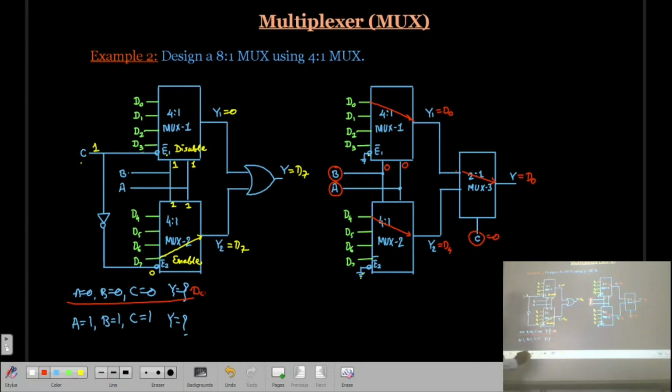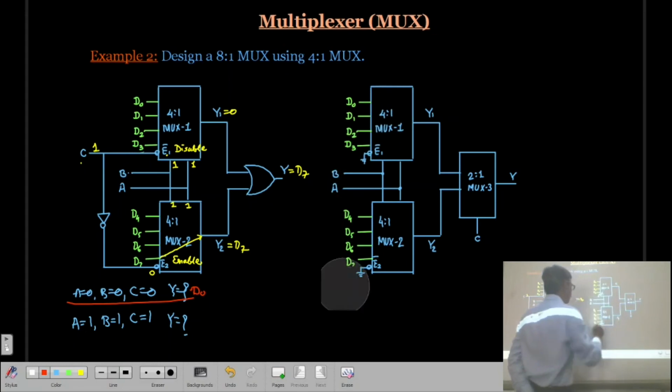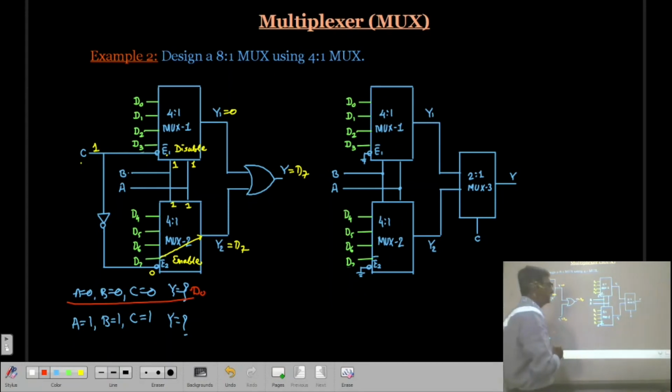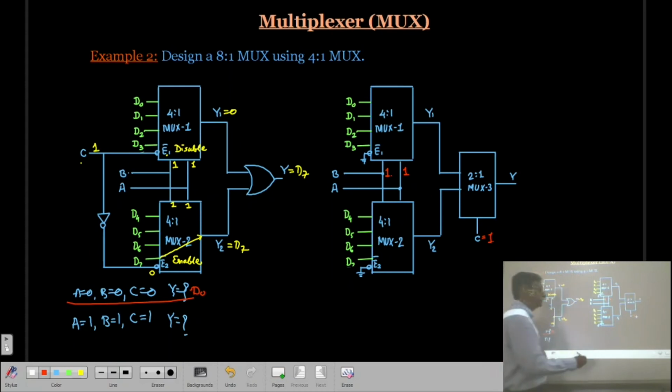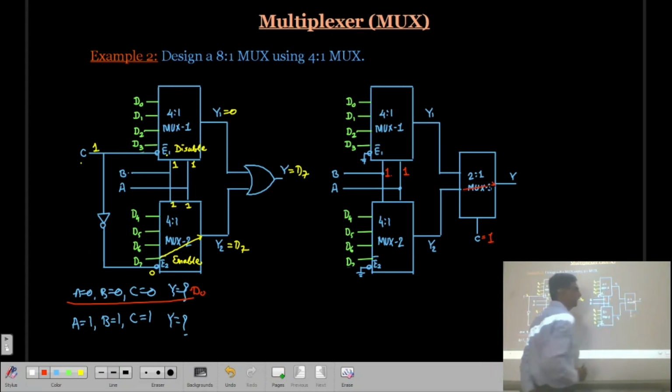And if we see the next one, what is the next one? That A is equal to 1, B is equal to 1, and C is equal to 1. So which line will be selected? Naturally C is 1, means this line is going to be selected, that is Y2.